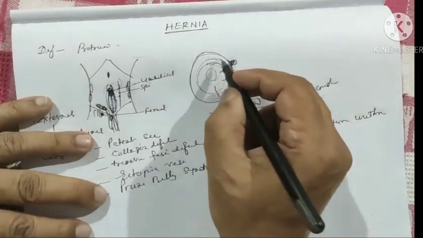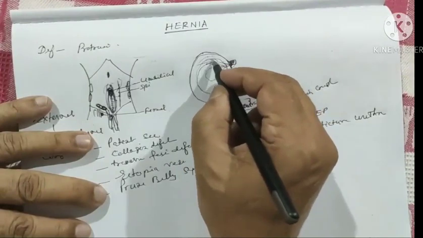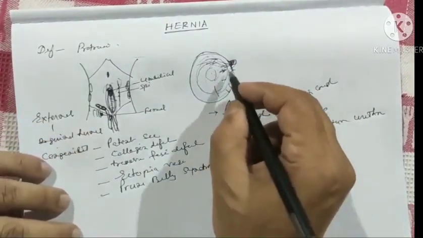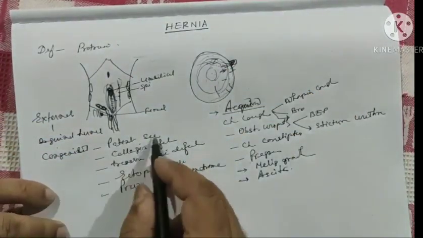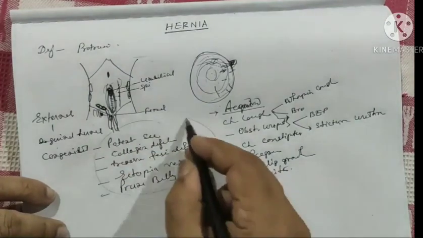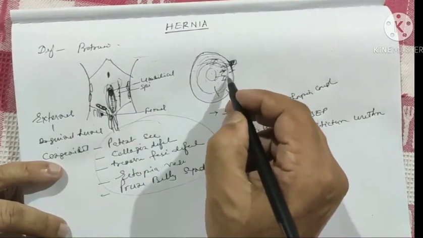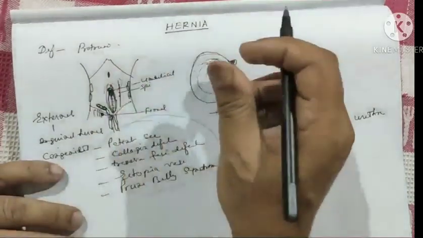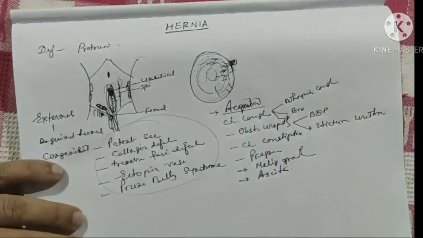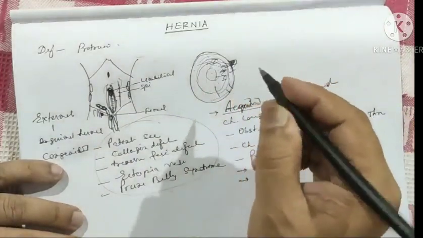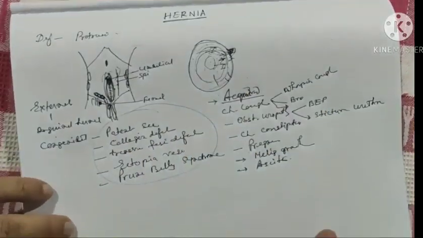Anything which increases the abdominal pressure may lead to the formation of a hernia. So there may be some defect in the wall, or there may be a rise of intra-abdominal pressure. It may be in the lung cavity, an internal hernia, or in the brain. Any pressure defect may lead to the formation of hernia. So this hernia,